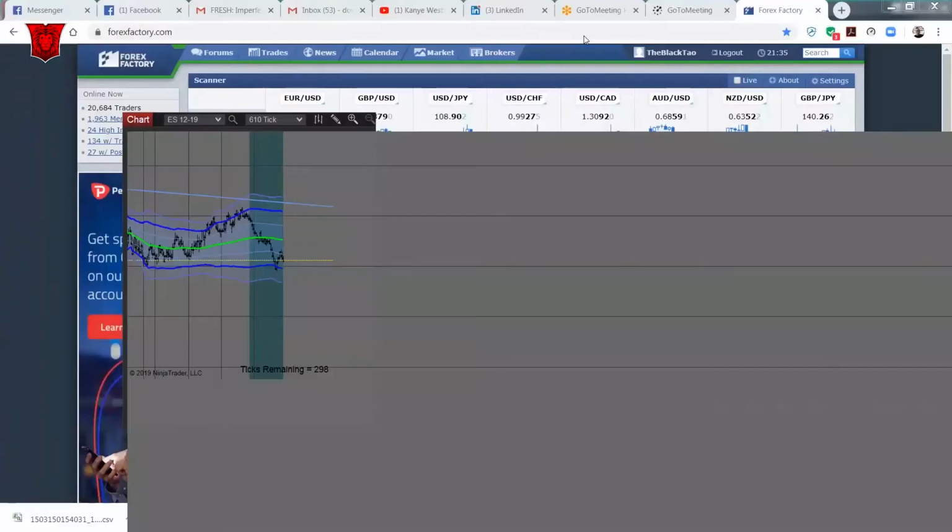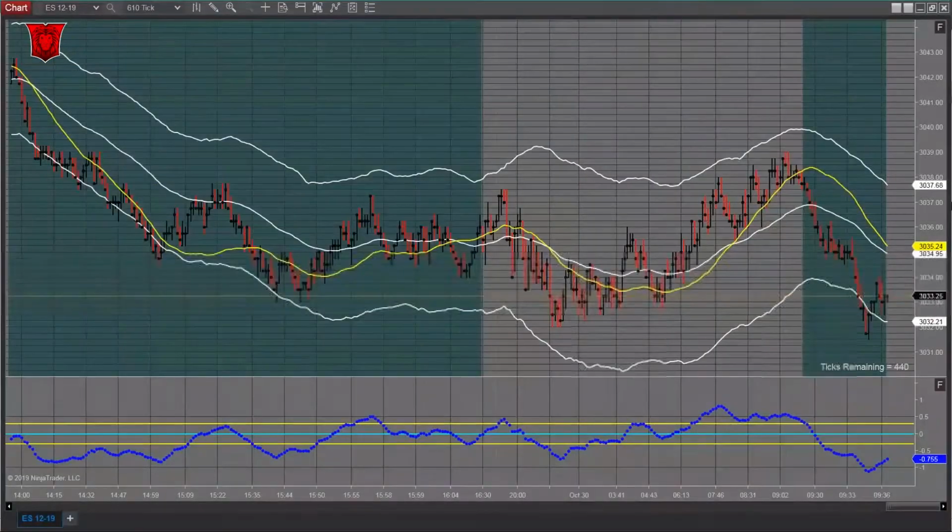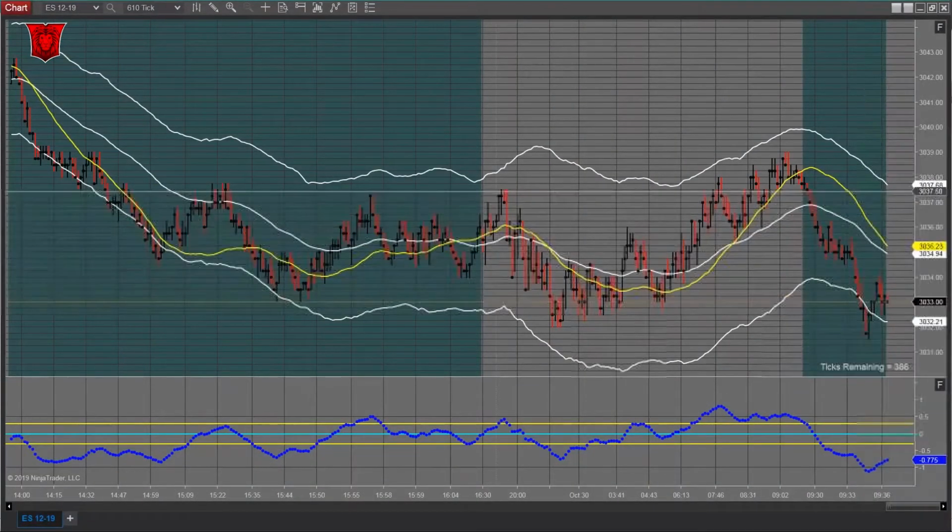That's my naked chart. If you're asking what those lines are, those are my VWAP. The VWAP is the green line, and the other ones are what we call our deviation levels. So anyways, the market's already opened. This is what we're looking at. Like I said, there was the move down.